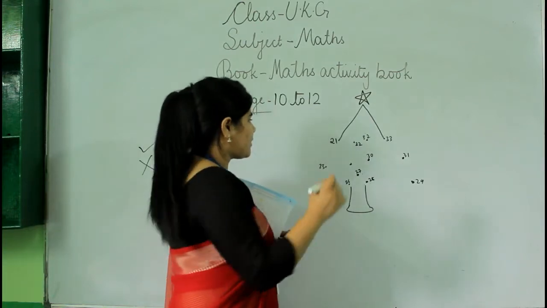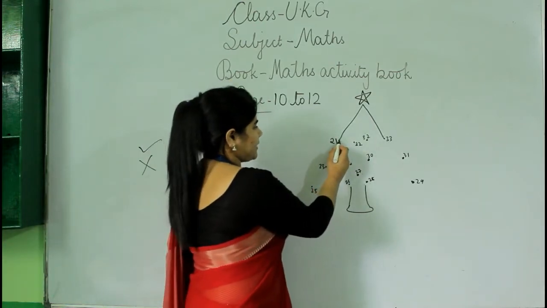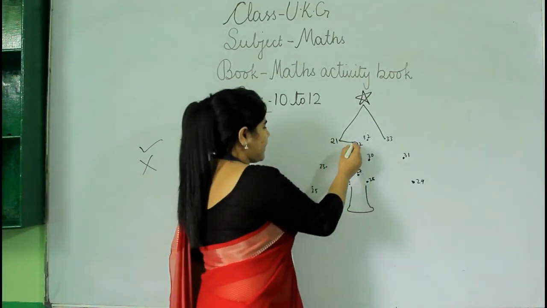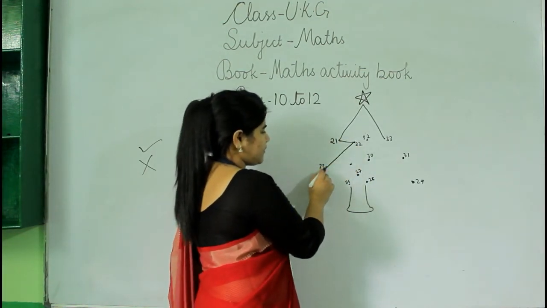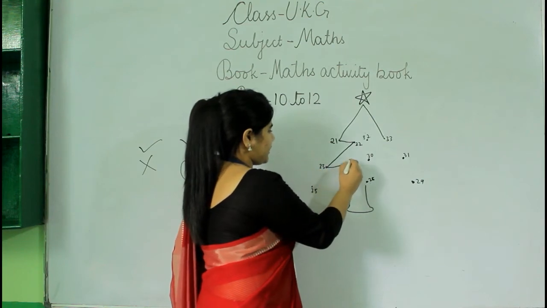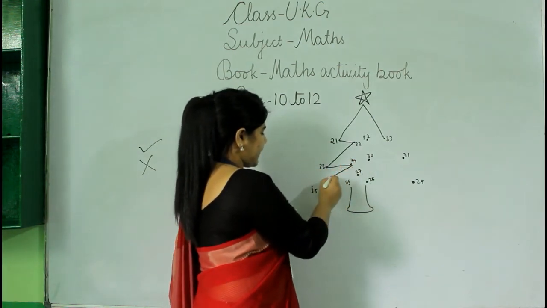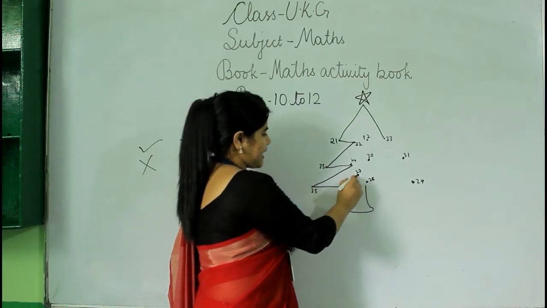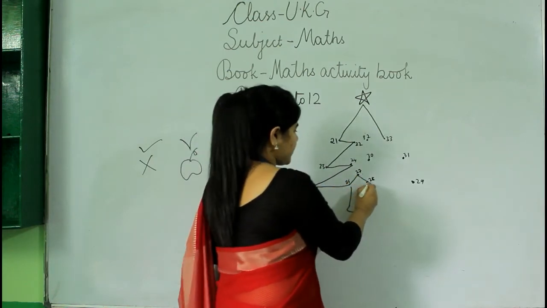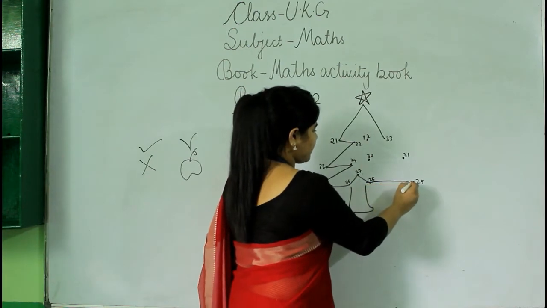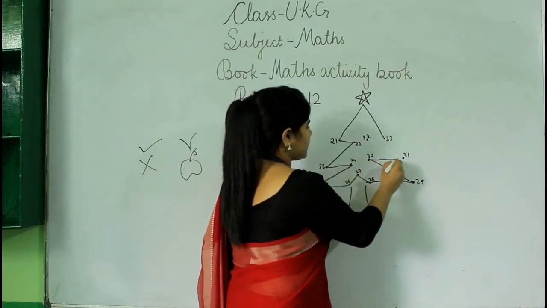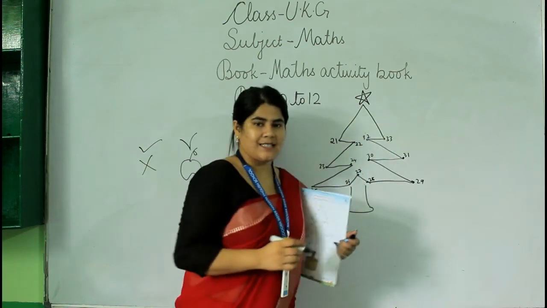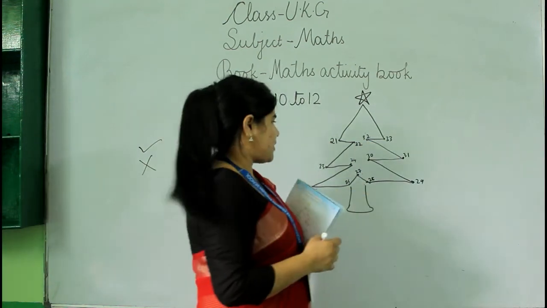So let's start. Starting from 21, then 22 is here, then I will make a straight line. Then again to 23 I am moving here. Then the 24 will be here, okay. Then again the 25, then 26, 27, 28, then again 29, 30, 31, 32 and 33. Wow, see, it became a Christmas tree, okay.